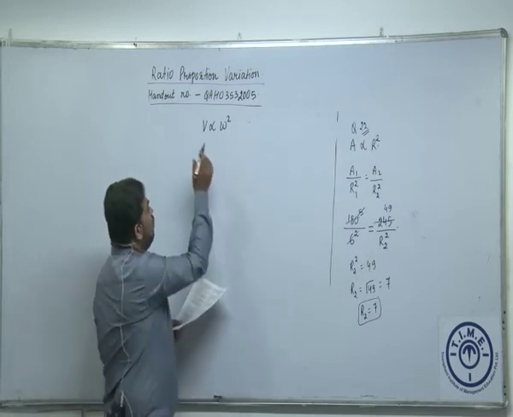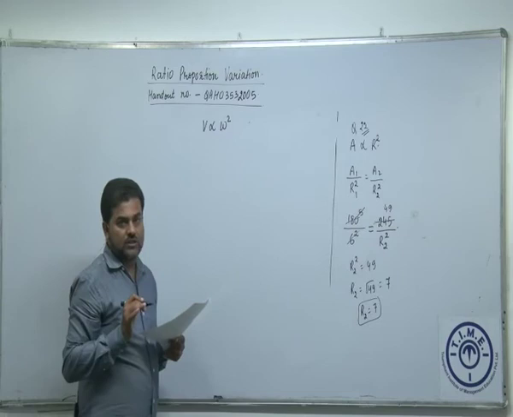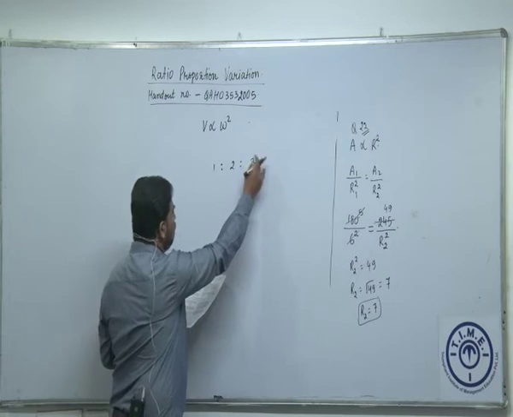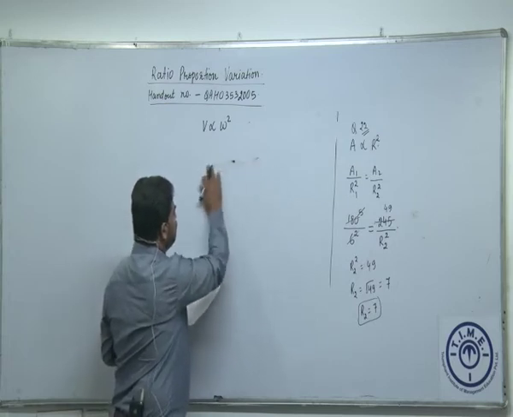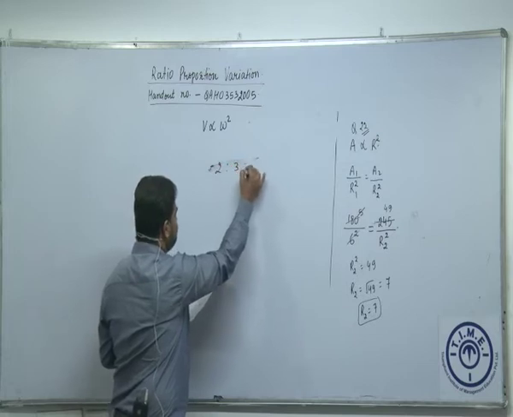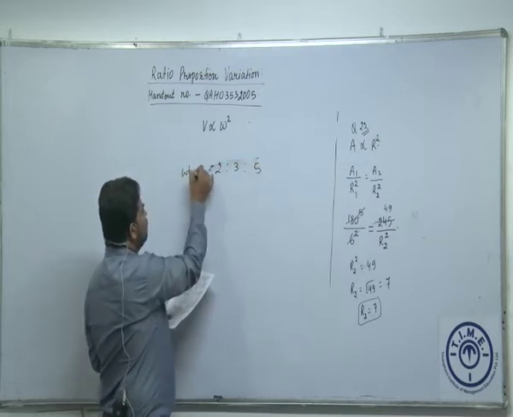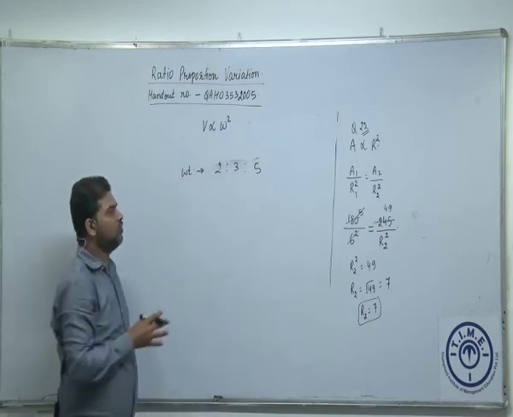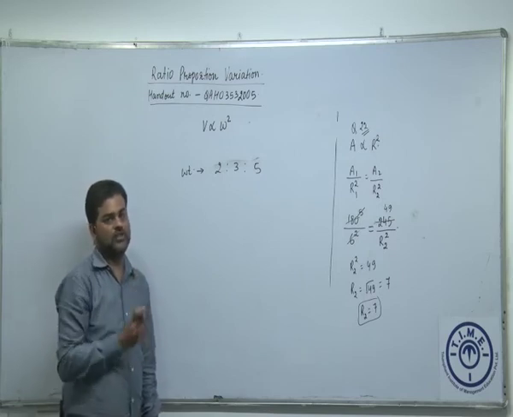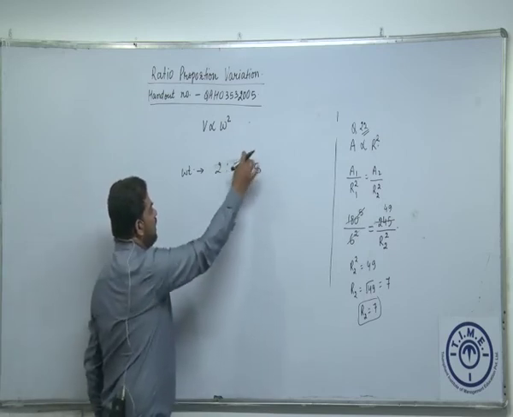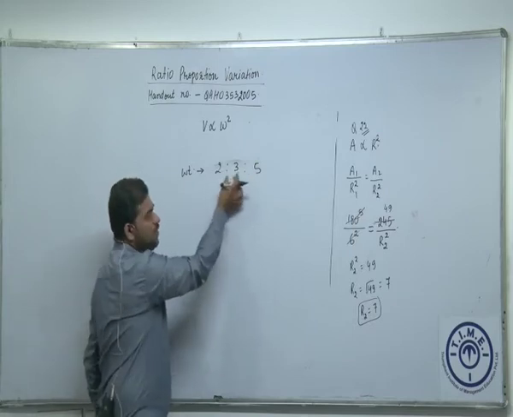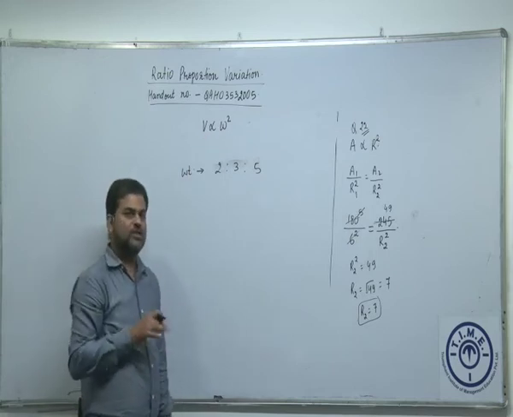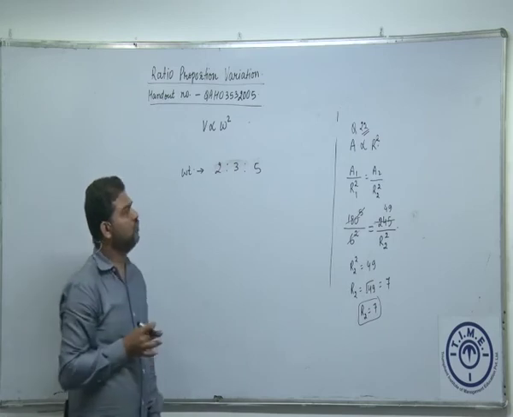So let us look at the 3 broken parts. What is the ratio of their weights? 2:3:5. So this is the ratio of weights of the 3 broken pieces. This question again we are going to solve without the use of the constant. These are the weights and the ratio of the weights. But value is proportional to what? Is it proportional to weight or something else? The value is proportional to the square of the weight.